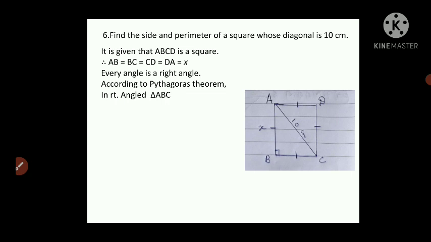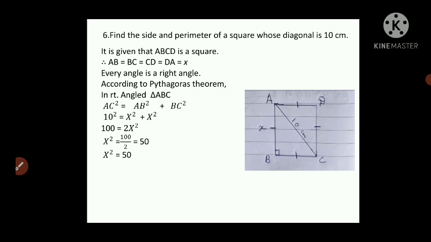Now if I take a right angle triangle, you can see here ABC is a right angle triangle formed here. So in right angle triangle ABC, by Pythagoras theorem, we know hypotenuse means AC square is equal to side 1 square plus side 2 square. Side 1 is AB and side 2 is BC. So by Pythagoras theorem, AC square is equal to AB square plus BC square. Now AC is given, that is 10. So I substitute 10 square is equal to AB, we took it as X, and BC is also X. So 10 square will be 100, X square plus X square will be 2X square. Now 100 and 2 we will divide. So when you divide 100 by 2, you get 50. That means X square is 50.